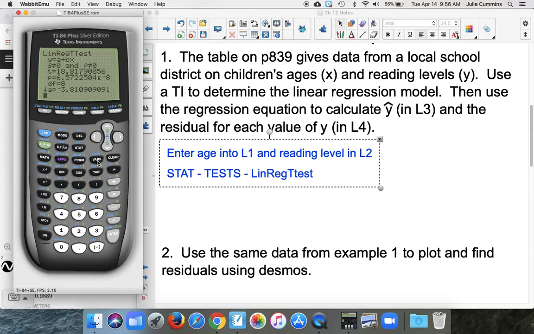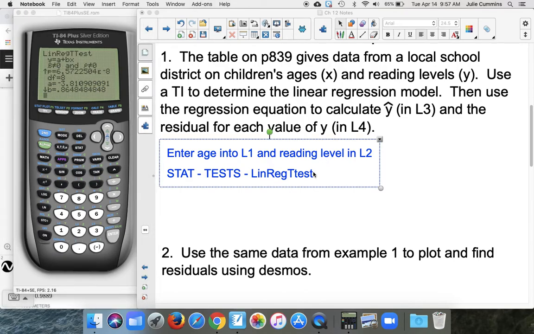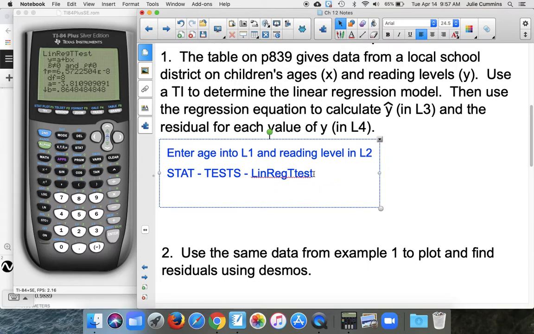Now, right here, it does give us our slope and y-intercept, A and B. Okay, so I can go ahead and type that down. So we have y, remember this is y hat